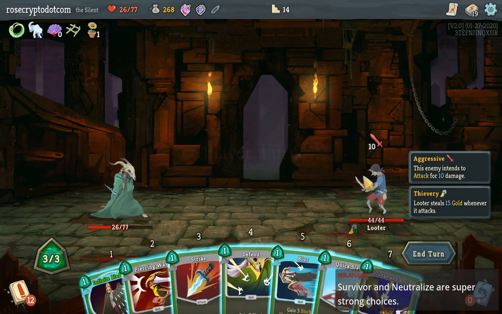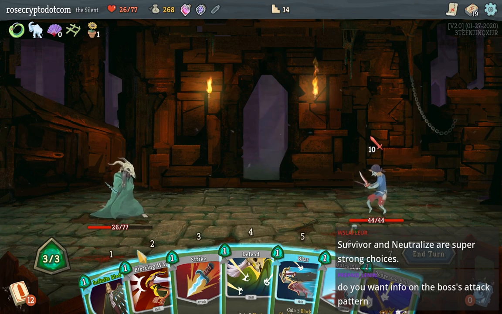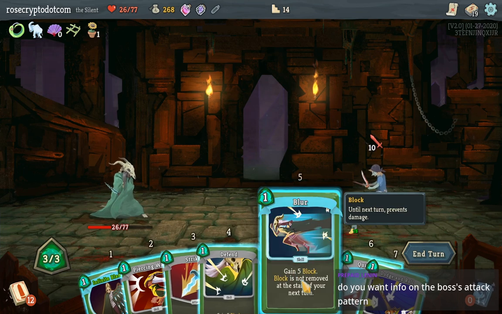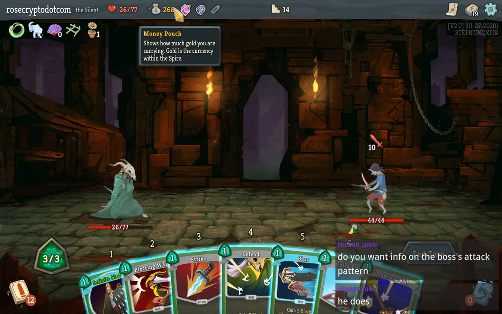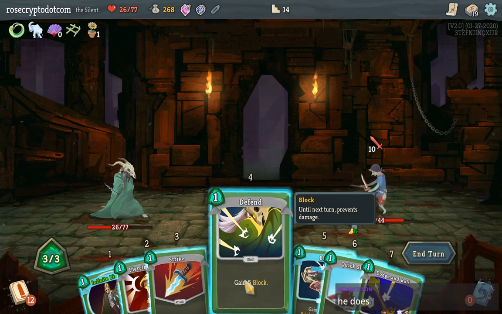What is this guy? He's a looter? No! Gotta watch out for those. He steals 15 gold whenever it attacks? Well, that's some old bullshit. Do I want info on the boss's attack pattern? Nah, I'll take the... I'll do it blindly, it's fine. If I block all the damage, I wonder if he still steals the gold. I bet he does. I bet he's gonna rob me. I have so much gold to rob. What an asshole. Alrighty,